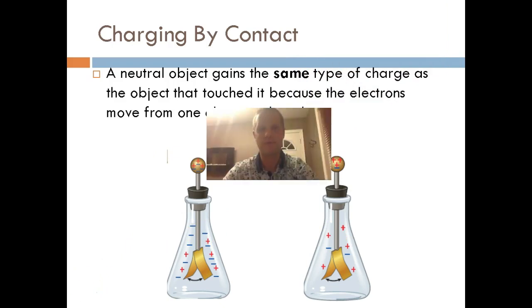In both cases, you can see on this side that the electrons have distributed themselves. After you move the charged rod away from it, the electrons are moved equally throughout the electroscope. And on this side over here, you also have electrons that are distributed equally throughout. And so what ends up happening is on this side you have more electrons, so therefore it's negative, there's more negative things at the bottom, and on this side you have less electrons, so that means that there's more positive around there. So these leaves are spreading because they're positive, and these leaves over here on this side, they're spreading because they're